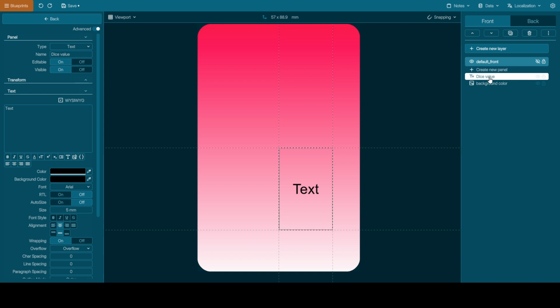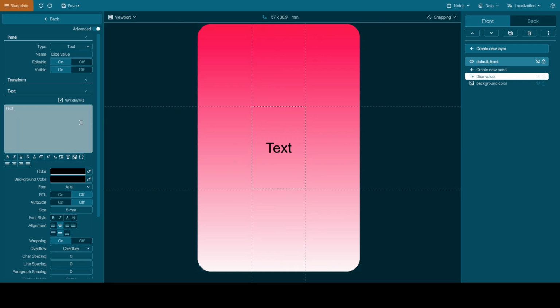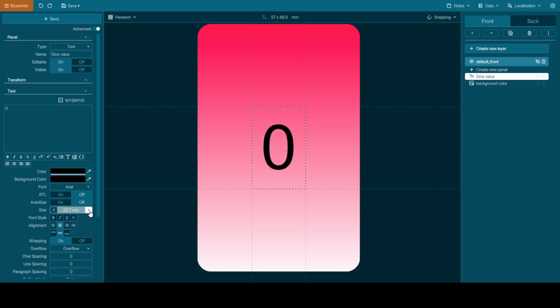We put it here. Let's put it in the middle, a bit too big, like so. Default value, let's say it's 0. Now we see that it's too small. Let's make it a bit bigger, like so. We can change it here. Now it's great. What would be a nice font?